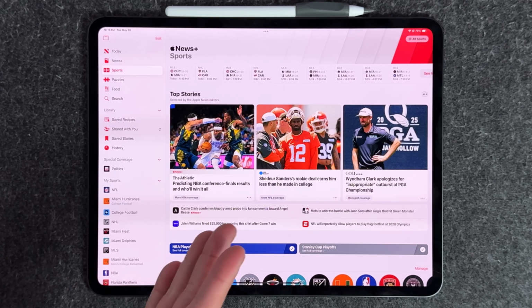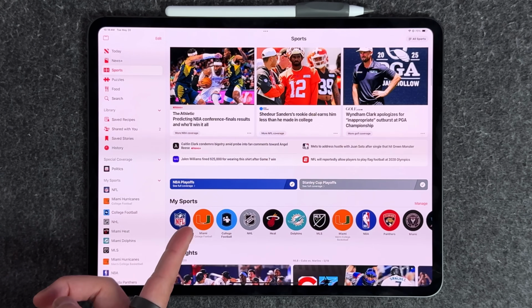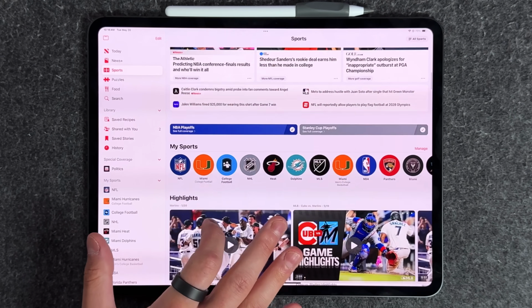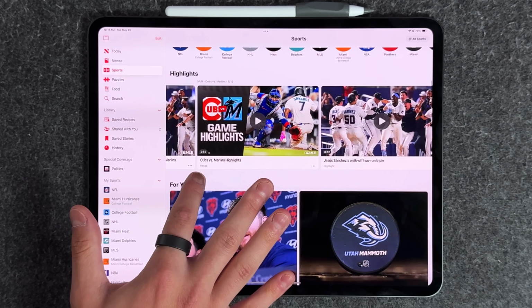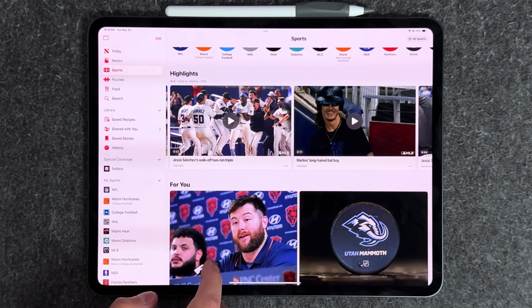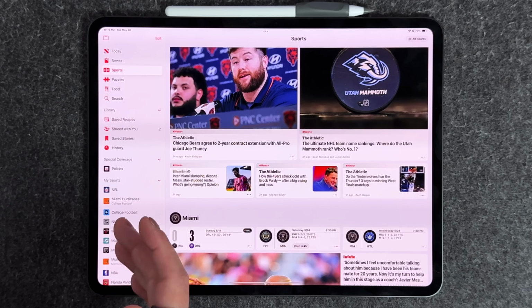So you have The Athletic, USA Today, and what I like about it is if I scroll down, of course, these are the top stories and headlines of all sports holistically, but if you scroll down here, you also have some highlights that you can go through, especially team highlights, because again, I'm a Marlins fan, so all the Marlins highlights show up here. Then you have the For You section, which is going to be related to the teams